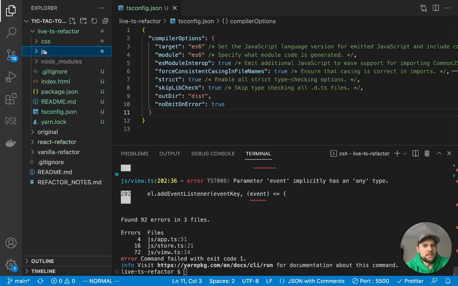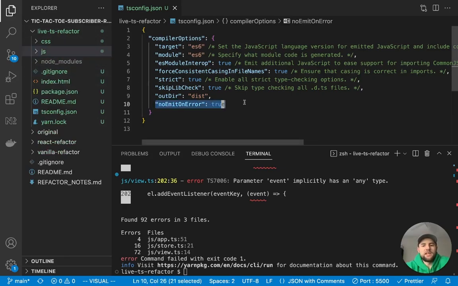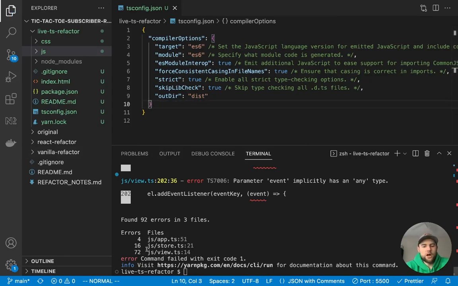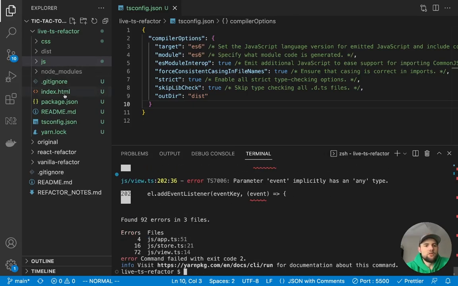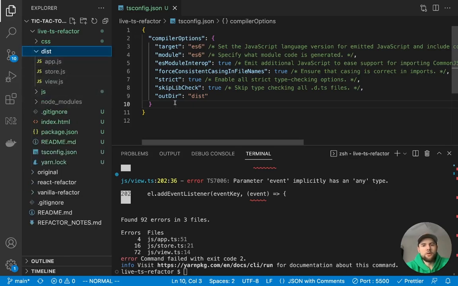And now you'll see that even though we ran this, there's no dist directory because we've said if there are errors, do not emit any output files. Now, once again, we don't really want this because when we are converting our project over, we want the ability to just compile the TypeScript files with errors so that we get a build output. And then in a final state, once you've converted your project over, you might add that back or have other build checks to make sure that you get a clean build before you deploy your application.